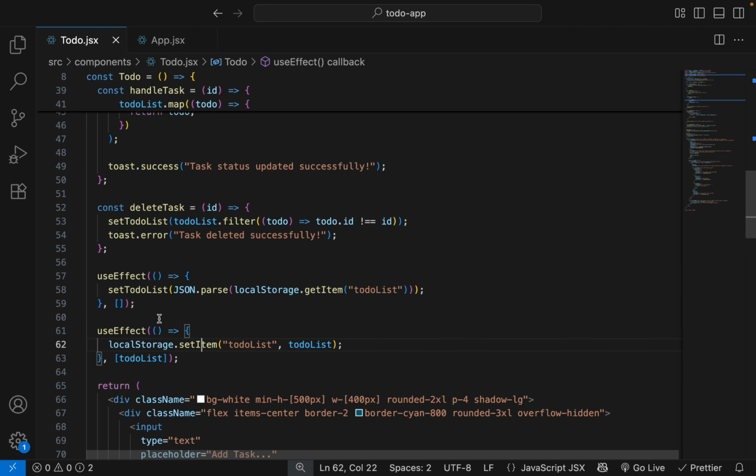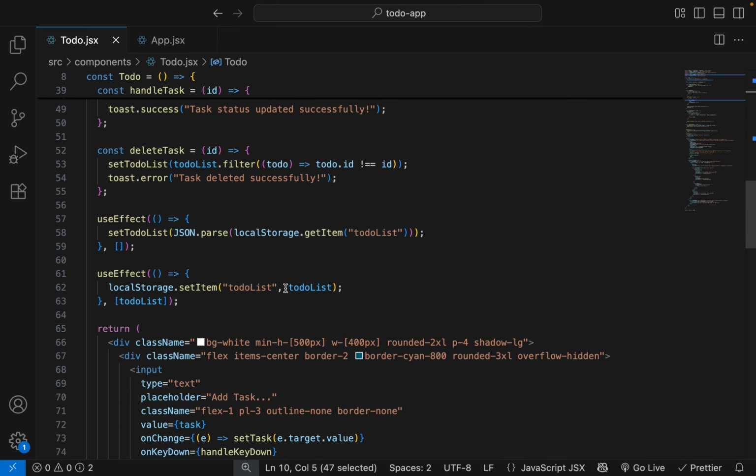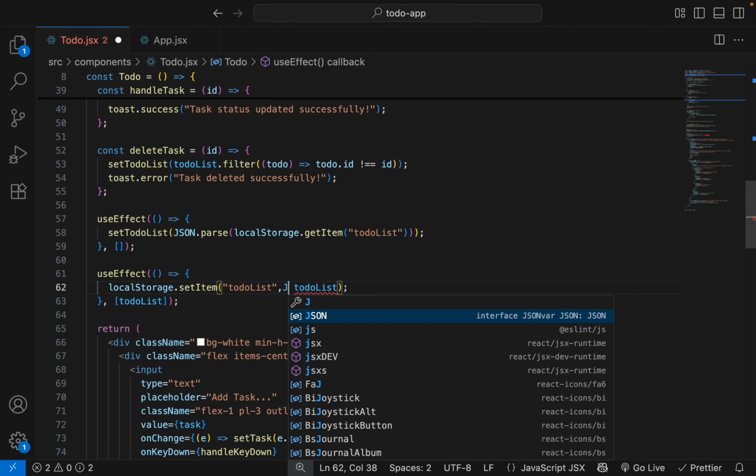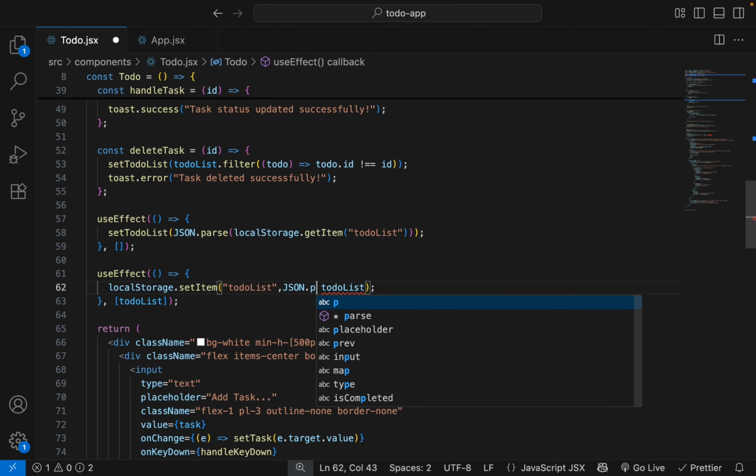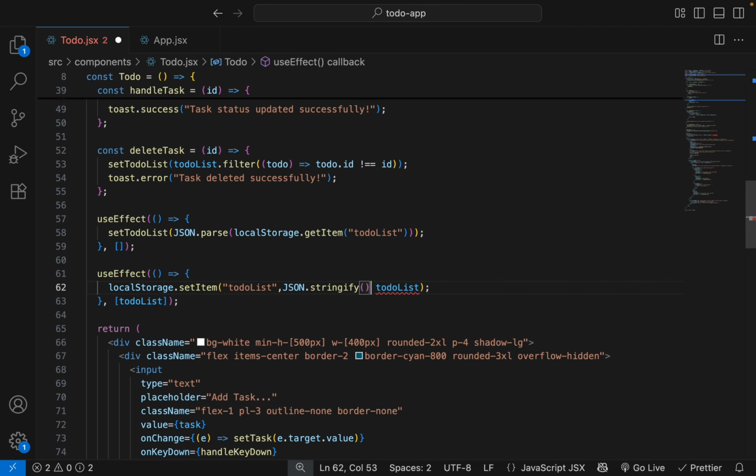These both use effect will update data regularly. Inside this we will stringify before saving data.